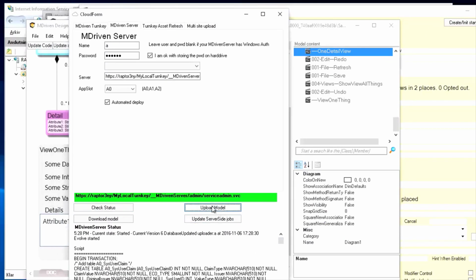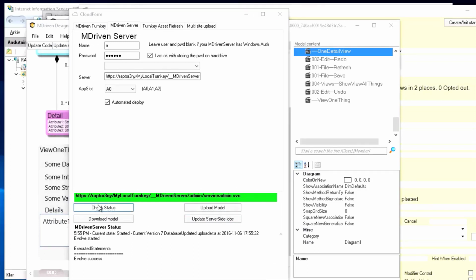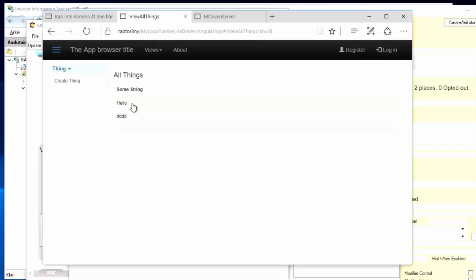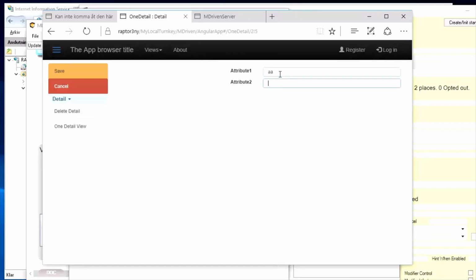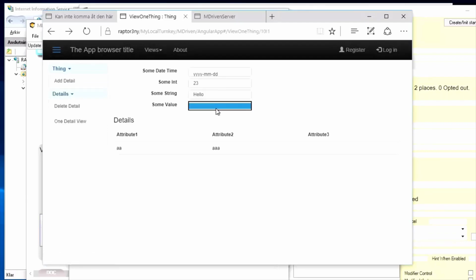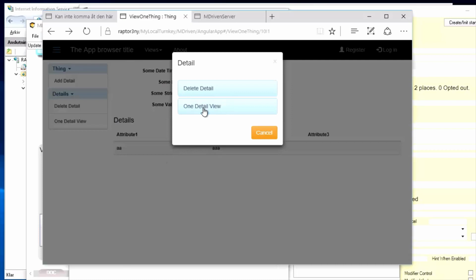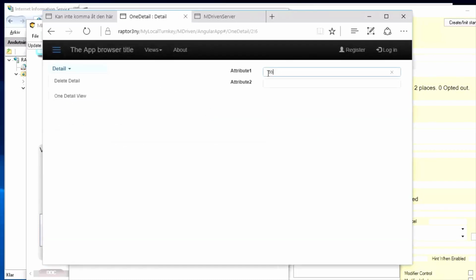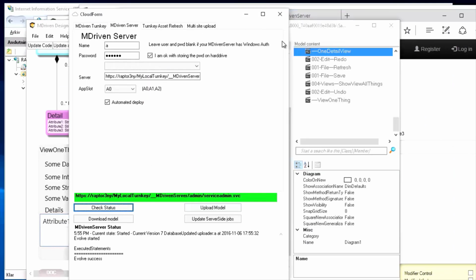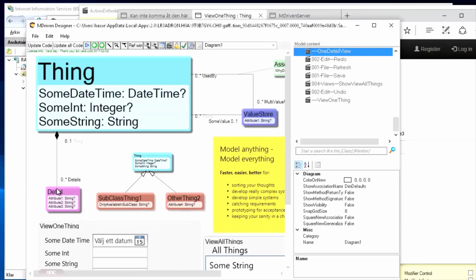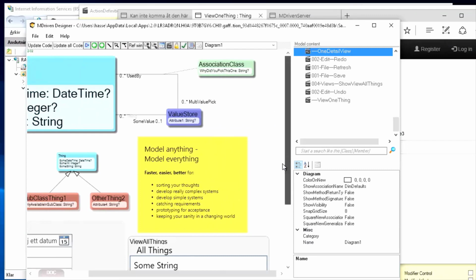Upload. Running the application. Whenever I click view one thing and click on a detail, I get the action and one detail, view one detail, and I can set values on that. But okay, I was sort of hoping getting values into the combo boxes, because select lists like that are often a hassle. So I would want to show you how to handle that. But now I see that we did the details, and the